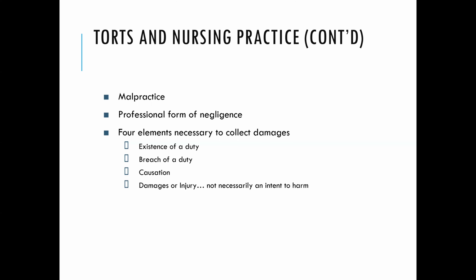Malpractice. In order to win and recover damages in a malpractice lawsuit, the plaintiff must prove 4 elements are present. So there is a duty, a breach of duty, causation, and damages. Okay. In other words, with enough evidence to tip the scale in their favor is what you need. But all 4 of those elements need to be present in a malpractice lawsuit.